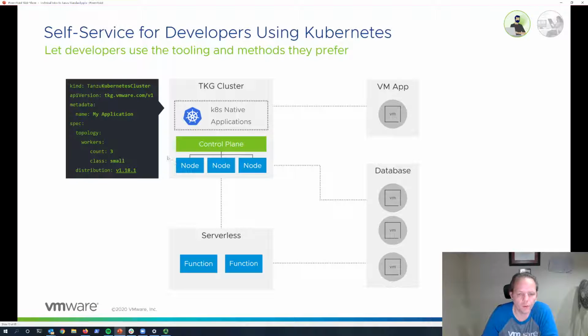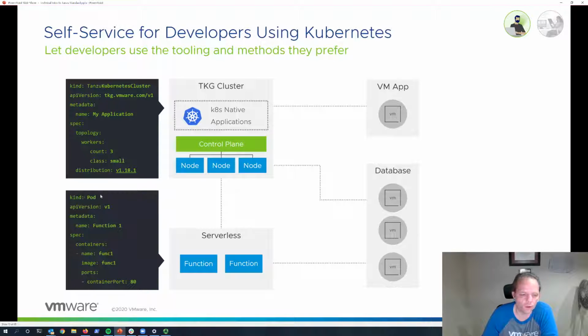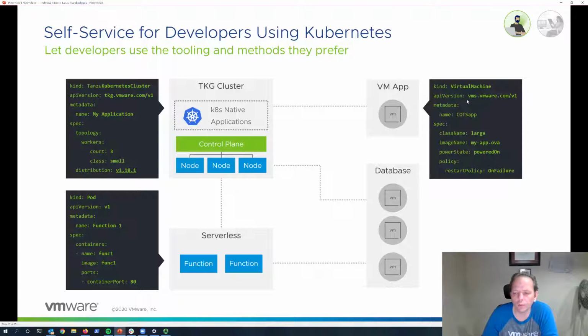resources. And so with the integration into vSphere, we can do things like deploy Tanzu Kubernetes clusters in a Kubernetes manifest, as well as standard pods, and also virtual machines, providing really a totally new way for developer self-service to be able to leverage the virtual machine environments in more highly automated and developer-friendly access methodologies. By bringing virtual machines into this Kubernetes construct, it provides an assurance that this is not